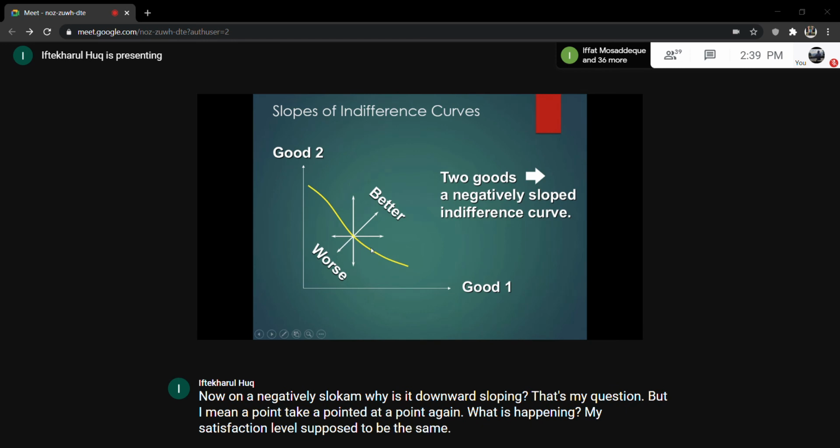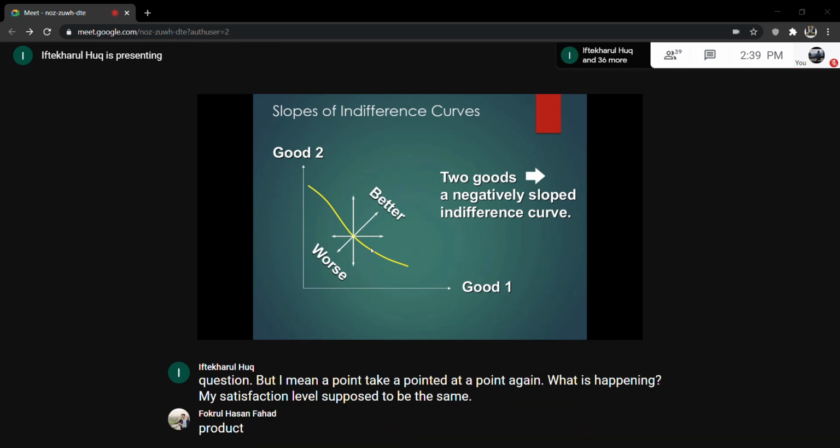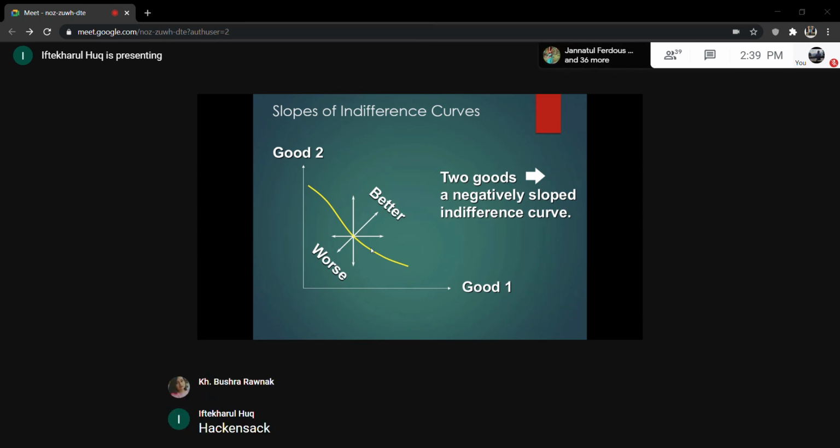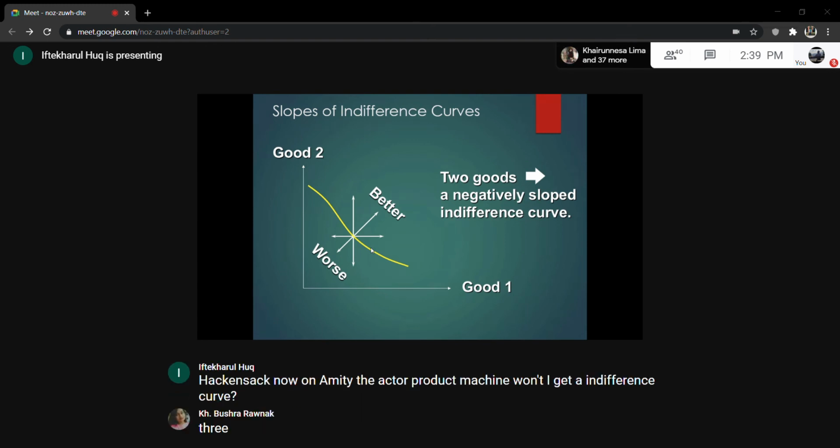যদি আমি গুড ওয়ানটা বেশি নিতে চাই, obviously আমার গুড টুটা একটু কম নিতে হবে, স্যার একই টাইমে তো আর দুইটা ইকুয়ালি নিতে পারতেছি না, এই জন্য। না, মানে আমি যদি একটা প্রোডাক্ট বেশি নিতে চাই, সেই ক্ষেত্রে আরেকটা প্রোডাক্ট আমাকে স্যাক্রিফাইস করতে হবে কেন? না করলে অসুবিধা কি? Won't I get an indifference curve? ইনকাম লিমিট।